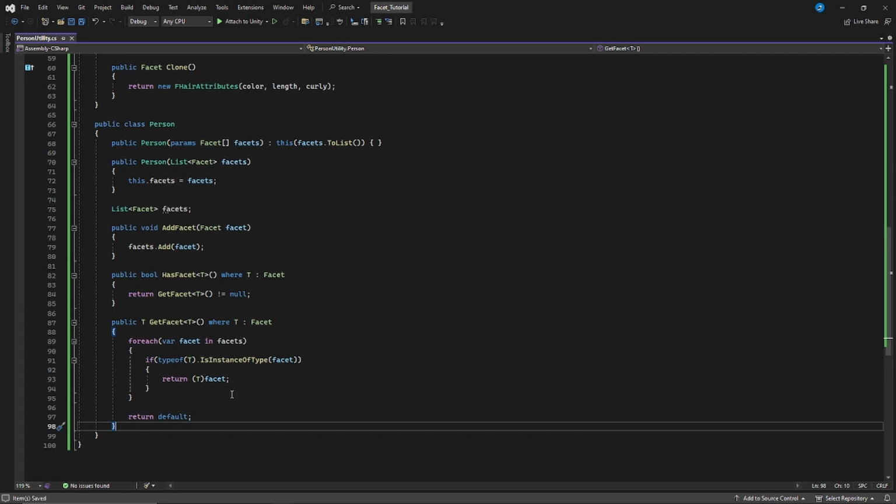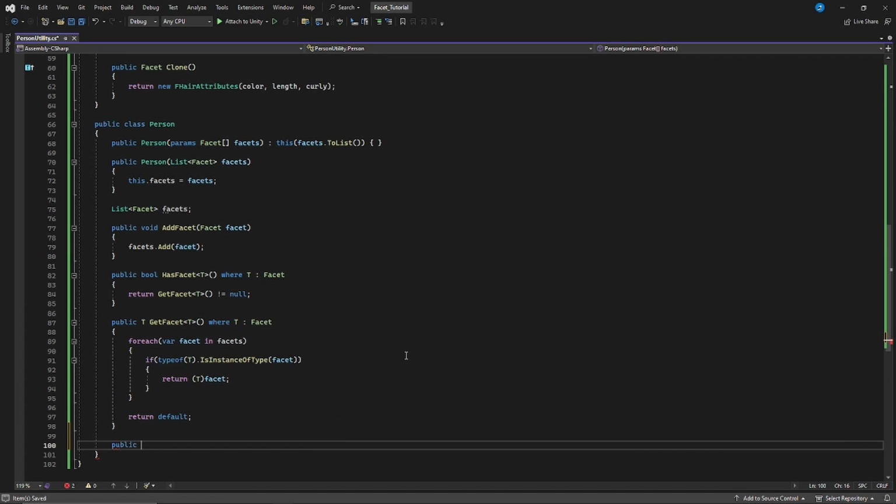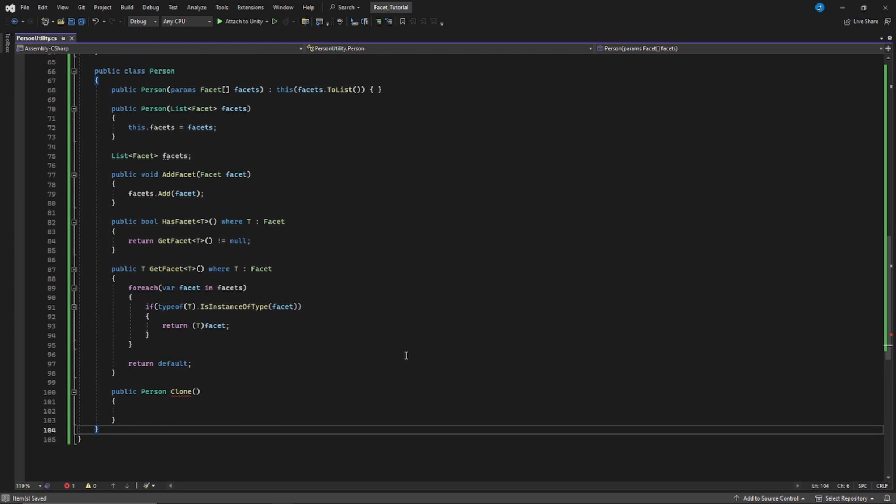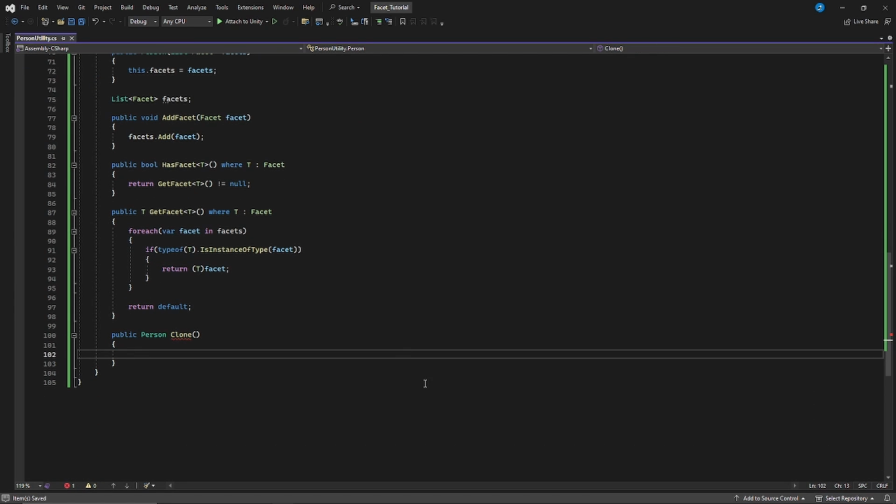Okay, we're almost done. The last thing is public Item Clone. Oh, sorry, Person Clone. We're cloning the person. And now this is because if you don't have a clone function and you make an instance of a person and you set another instance equal to that instance, you're going to end up with all the references to a person in your code pointing to one person in the memory. And you don't want that because if you change one, you're going to change them all. So public Person Clone,